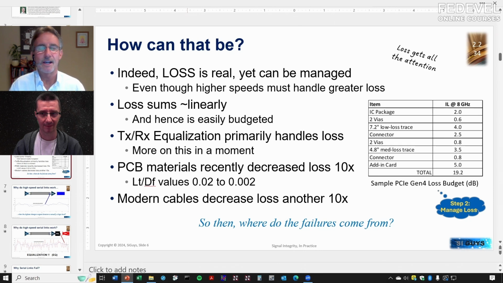All right. So when you say 1 to 2%, if we have, for example, 1 volt at the transmitter, it means